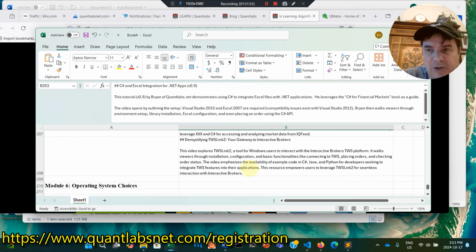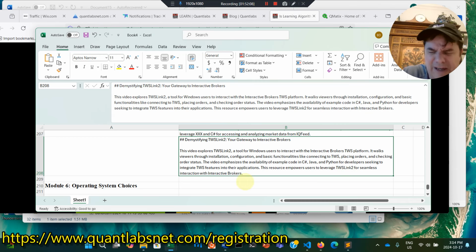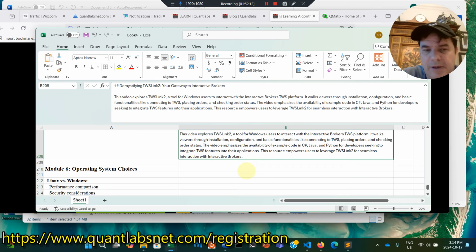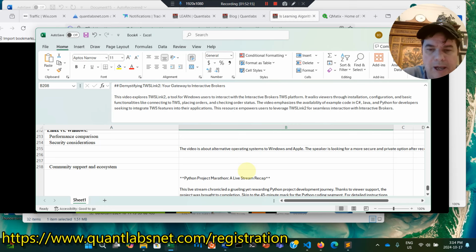There are other ways to do it. You could do it through Python somewhat as well. TWS features into this application. So basically, if it existed and was still supported, TWS Link 2 for seamless interaction with Interactive Brokers. Okay,